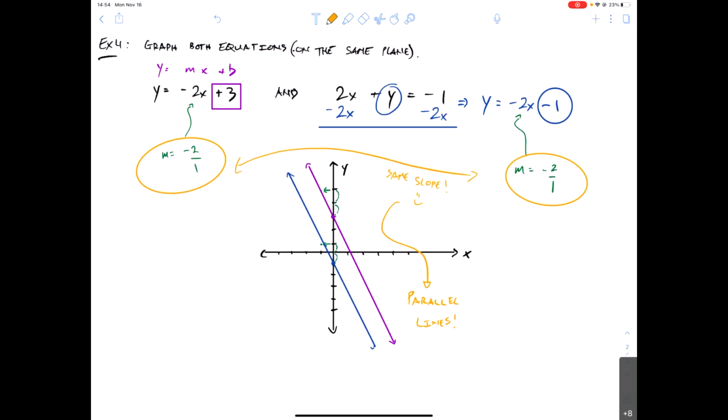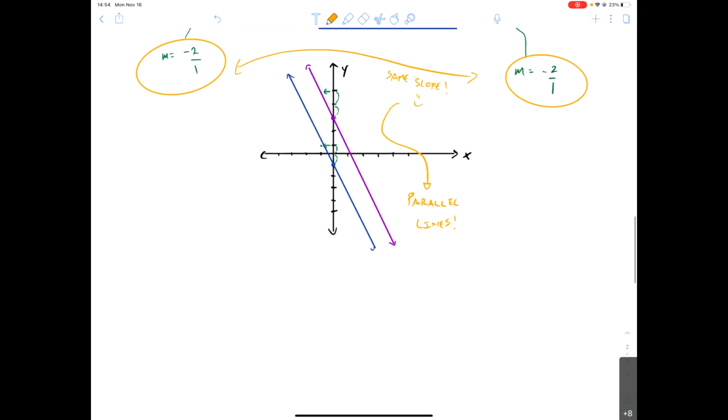And in fact, not that you need to see a whole bunch of examples on that, to pinpoint in terms of the slopes, I can give you a little bit of a definition right here. Given 2 or more, for this class, for all intents and purposes, you're more than likely going to see only 2 at most. But this technically applies for more, right? 2 or more linear equations